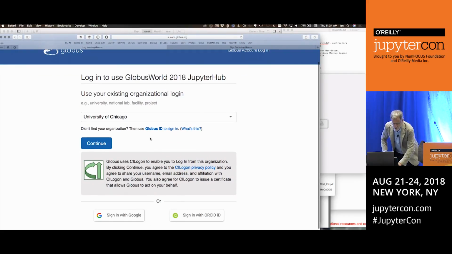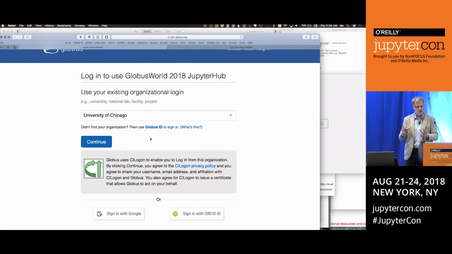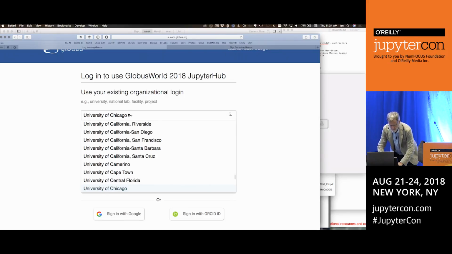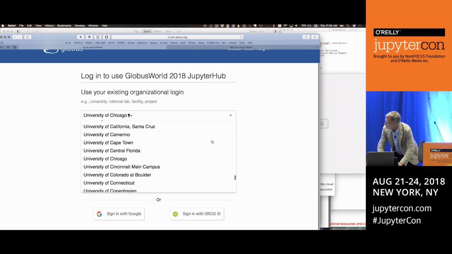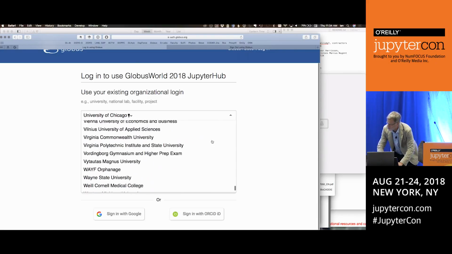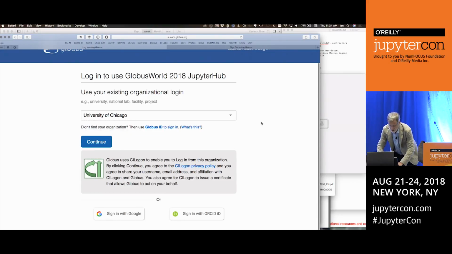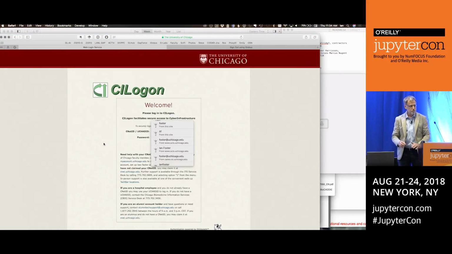So I signed into Globus, and I've previously signed out. It normally keeps my sign-in information active, but I wanted to show you this. So it's going to ask me to sign in. This is what you see in your Jupyter Hub environment. I could sign in with any one of dozens, hundreds of different credentials. Here I'm going to use my University of Chicago credential. I could use Google or ORCID. So using OAuth,